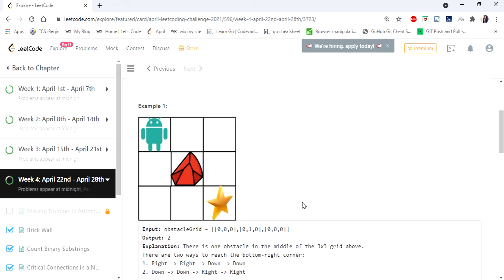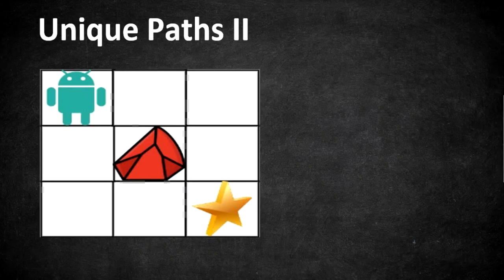So let's understand this problem with an example. Here is a robot starting from the 0, 0 cell of a matrix, and it has to reach the last cell in the given matrix. The rules are it can travel only to the right cell or the down cell. The other tricky thing is there are obstacles in the path. If it faces an obstacle, it can't travel to that cell.